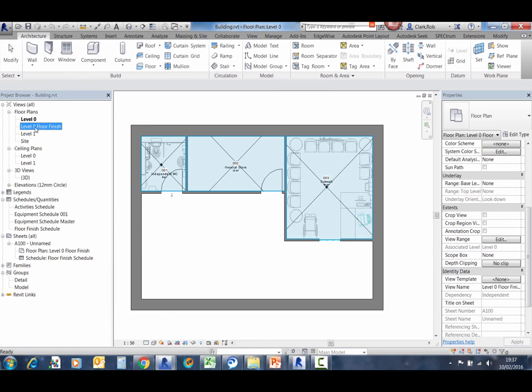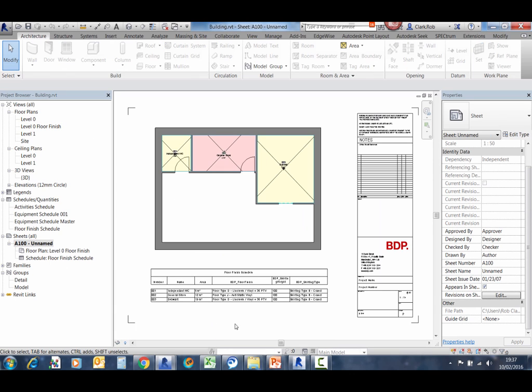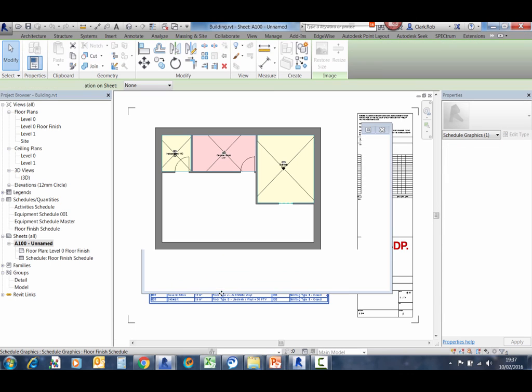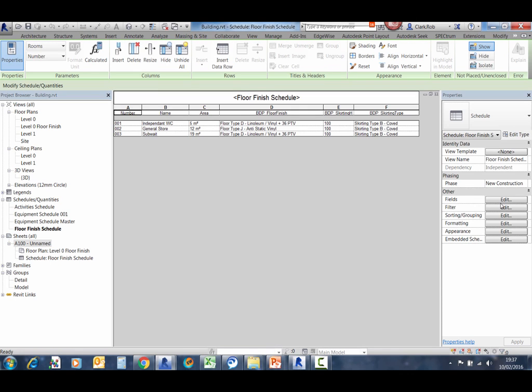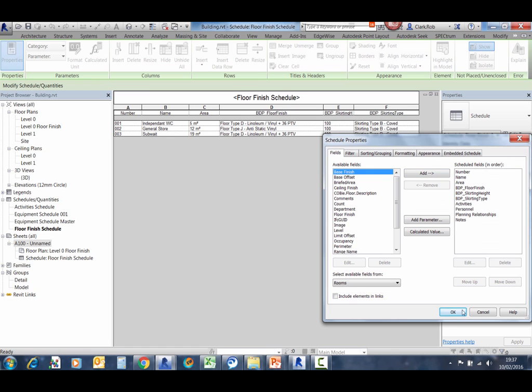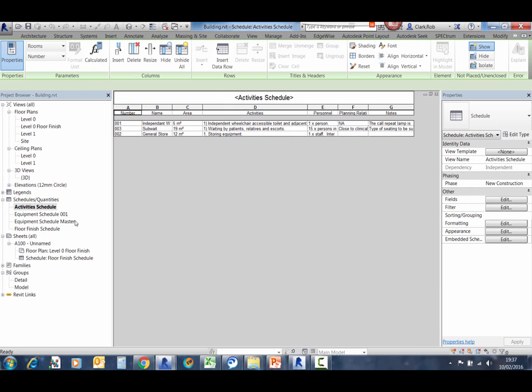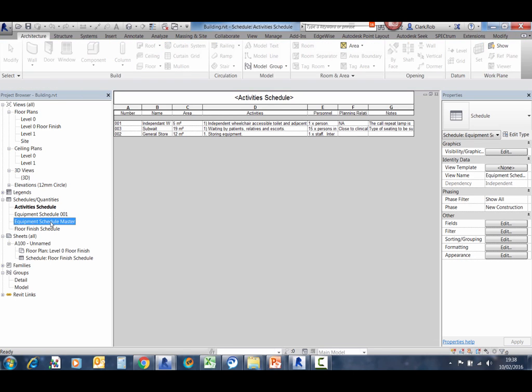I'm going to open up. So if I create a floor finish, what you see is different types of floors. That's how it looks on sheet, and I can schedule them out. So if I open this schedule, it's actually scheduling out everything, whichever is in the rooms or whichever I want it to show. If I go to the activities, it's the same thing. It comes from the rooms, so it's all fine. But the problem is